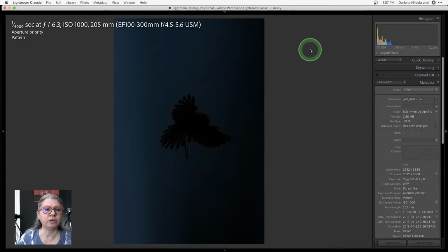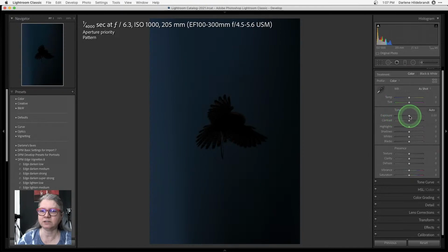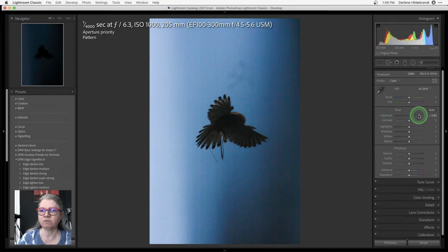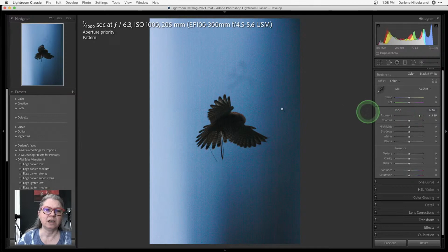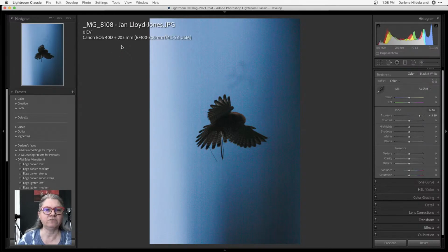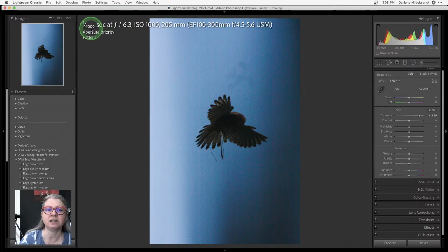So this one is extremely underexposed. If I bring it into the develop module, you can see that it's about 4 stops underexposed. And having shot aperture priority, I'm not actually sure how you managed to achieve this. So if, Jan, if you want to give me some information by email, I'm actually confused as to how you set the aperture, and the camera should be setting the shutter speed to give you a good exposure, right? So you weren't using exposure compensation or anything, so I'm a little bit confused as to how that actually occurred.